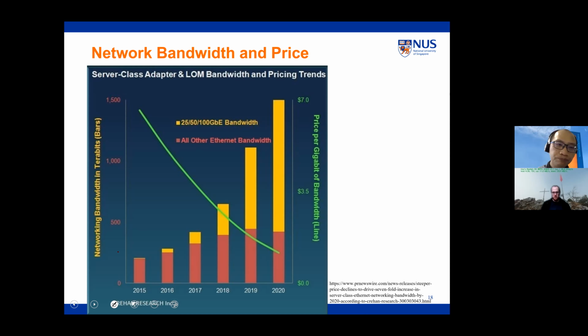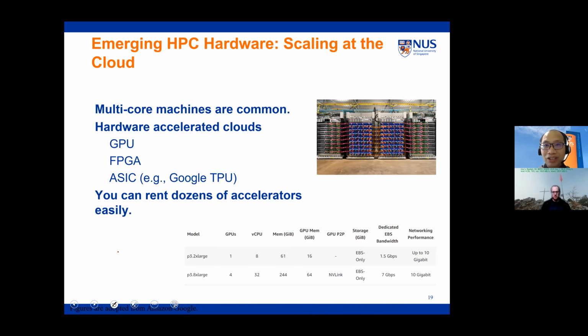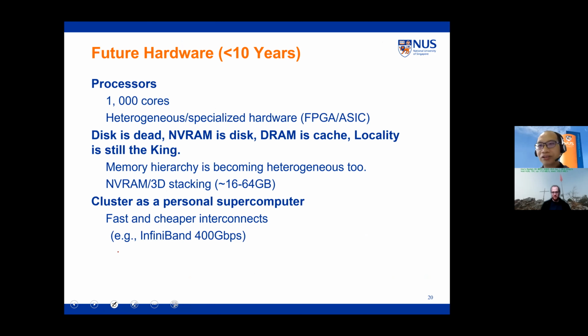So overall, you can see all this comes up. We already have very powerful and more affordable hardware in the market. And what makes it even more interesting is that many of those heterogeneous architectures are already being used in the clouds, like Amazon, Alibaba, and so on. So we can actually use them as long as we have a credit card. So this really lowers the barrier of hardware acceleration. So you can imagine this is something that we are looking forward to.